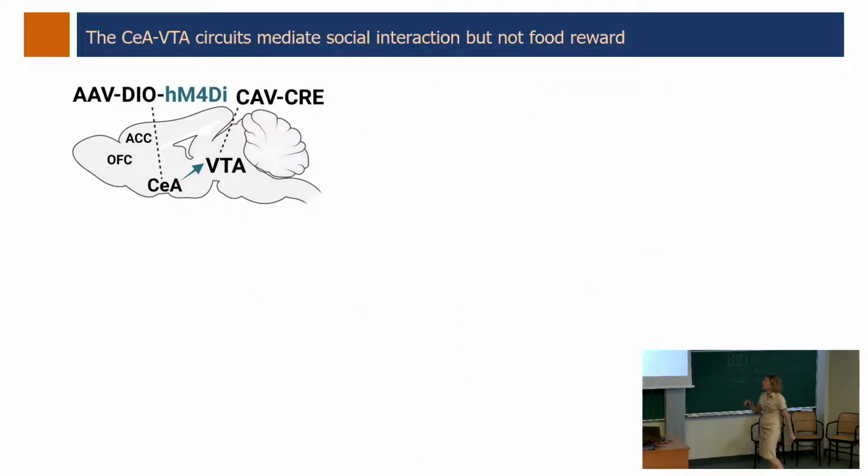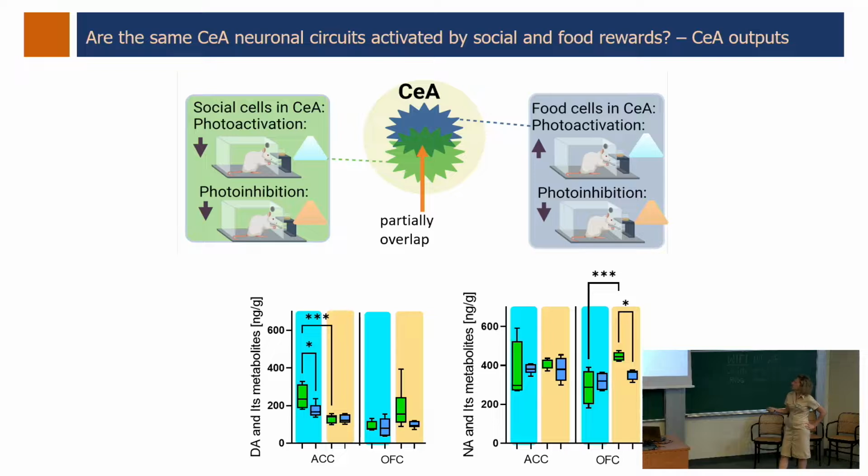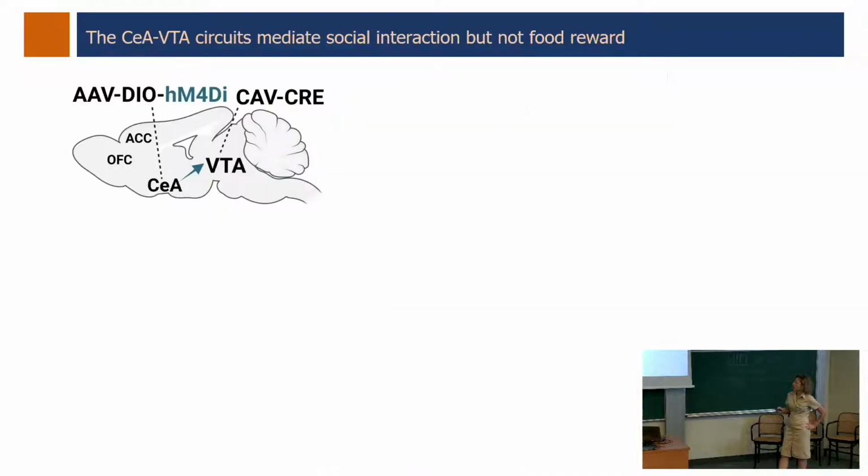So we decided to look at what happens when we manipulate these projections, and because we saw the difference in the level of dopamine, we decided to look at the dopaminergic projections,